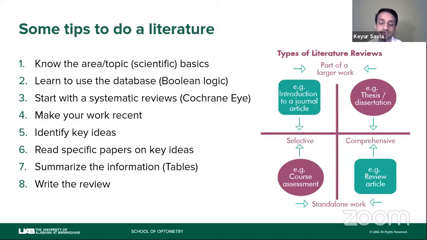But a dissertation or thesis, and a review article, are much more comprehensive, wherein they cover almost all the topics or all the subtopics under one particular topic. So when I say myopia, and of course we'll hear a lot about myopia because that's my area of work, I'm going to cover almost everything under it a little bit. It's going to be comprehensive information when I write a dissertation thesis. So, some of the tips that will help you with literature: